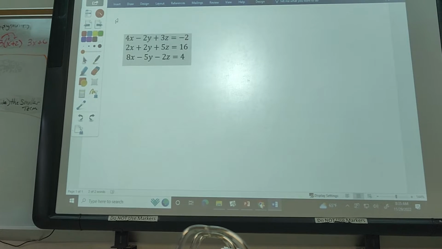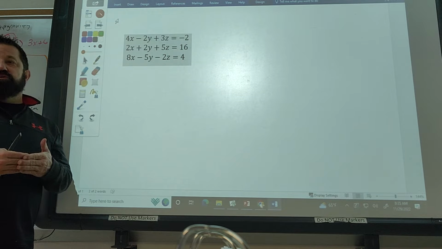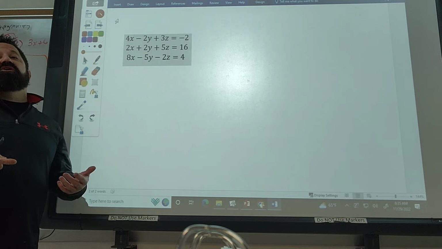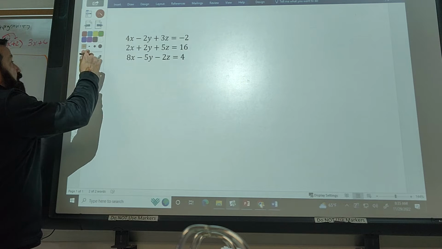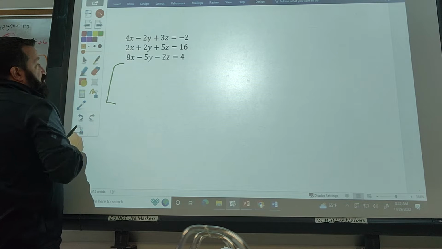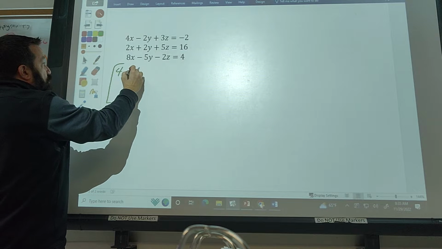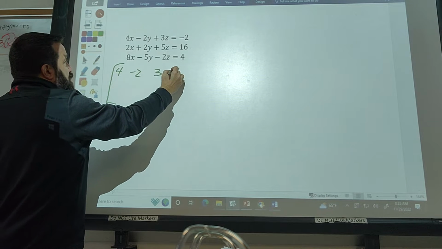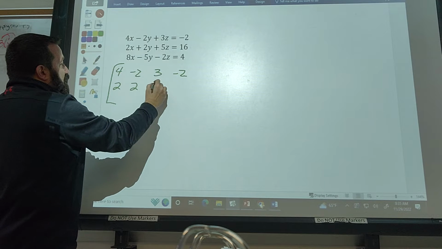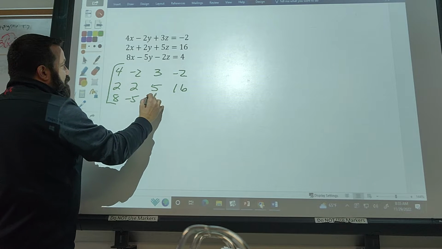So we're still looking at section 10.1 and taking a system of equations, putting it into matrix form, and doing reduced row echelon form to get our solution. So this is a 3-equation, 3-variable problem. So first thing is to write it as a matrix. So I'm taking all the coefficients and constants: 4, -2, 3, -2, 2, 2, 5, 16, 8, -5, -2, and